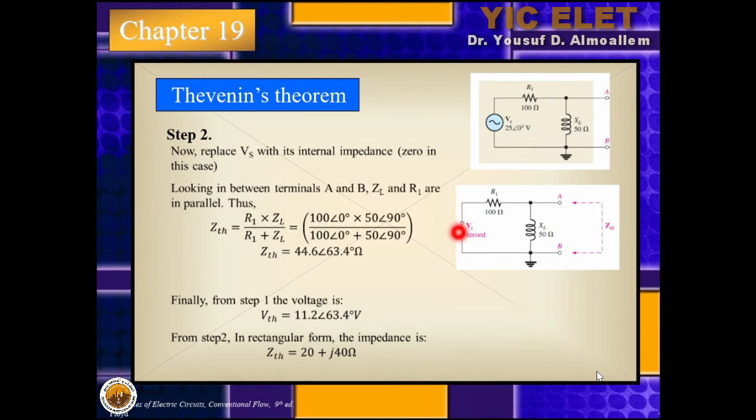So after replacing or zeroing all the sources, you need to find out what is the equivalent impedance looking between these two terminals, between A and B. If you look from this side, you will find out that the XL will be in parallel with R1. And if you try to calculate this quantity, R1 in parallel with ZL, you will find out that the value will be 44.6 and the angle will be